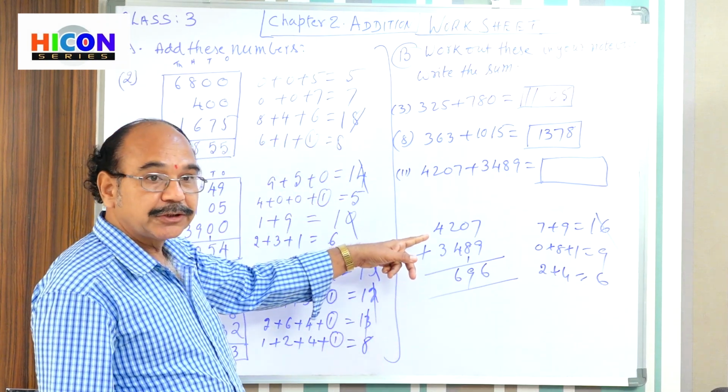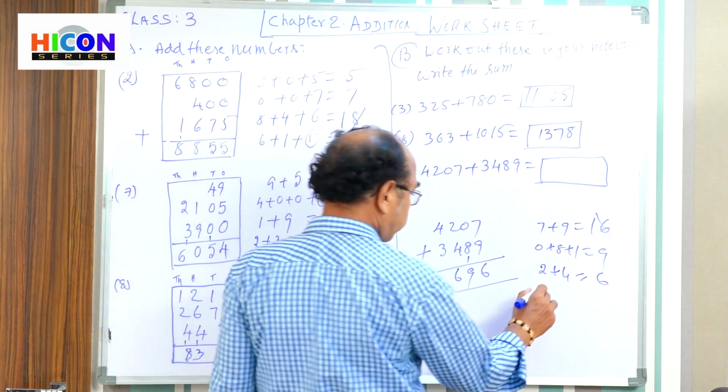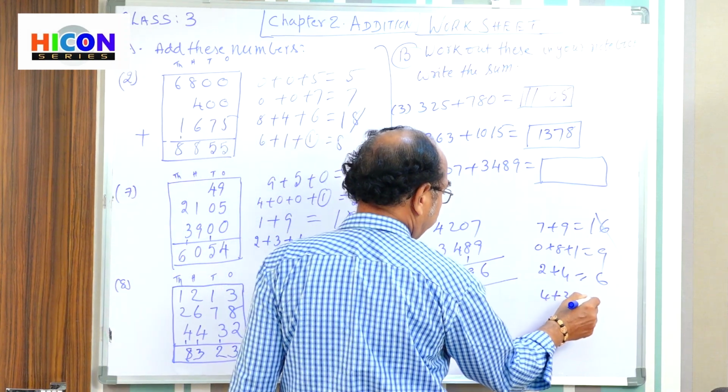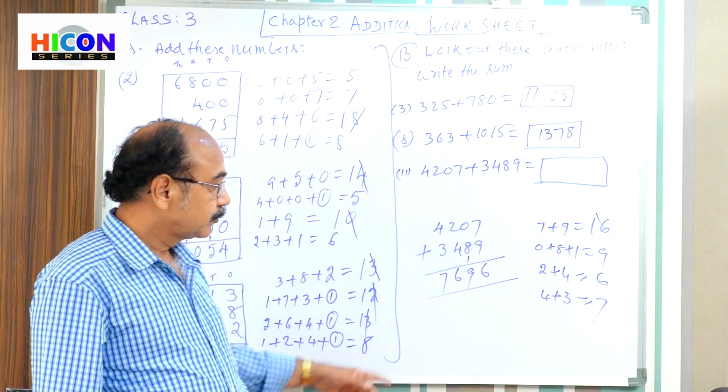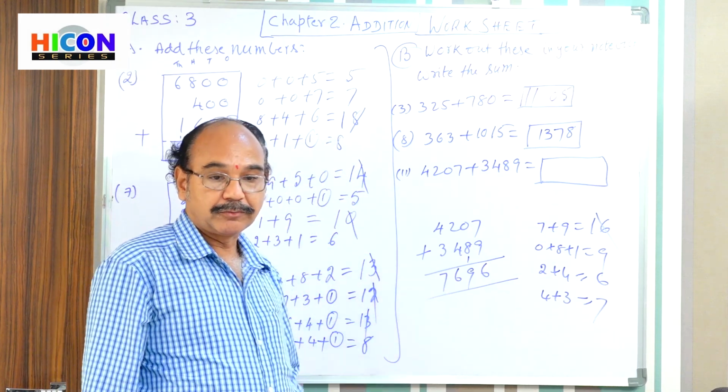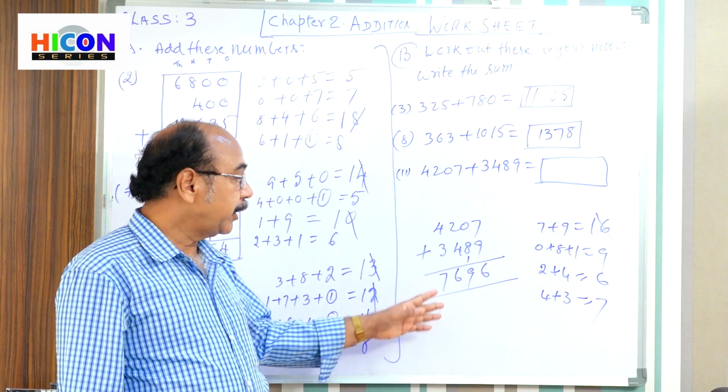Now take the digits of the thousands place. 4 plus 3 is equal to 7. Like this, we show the addition. That means here,